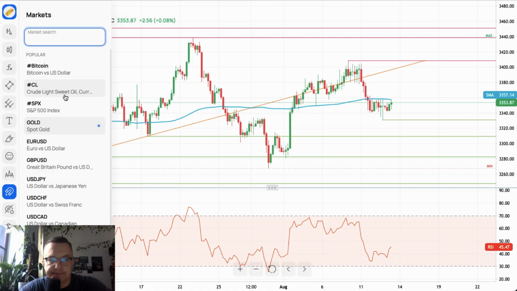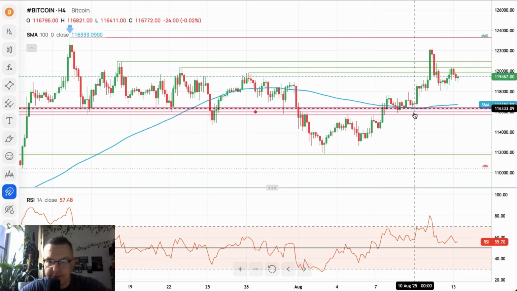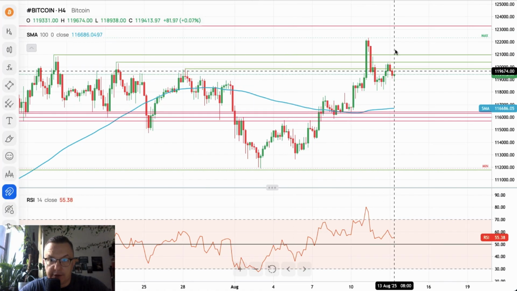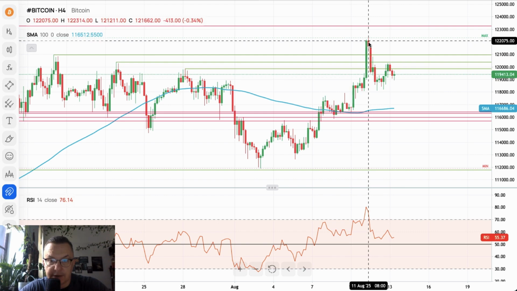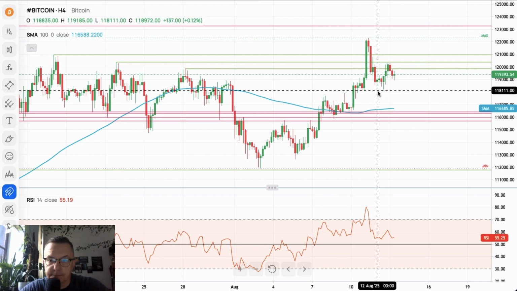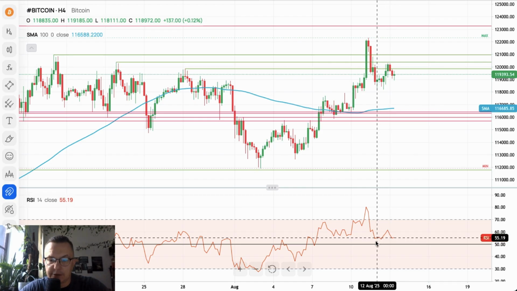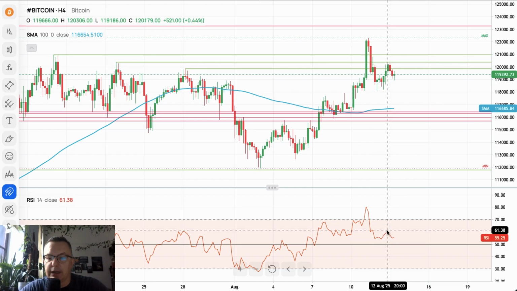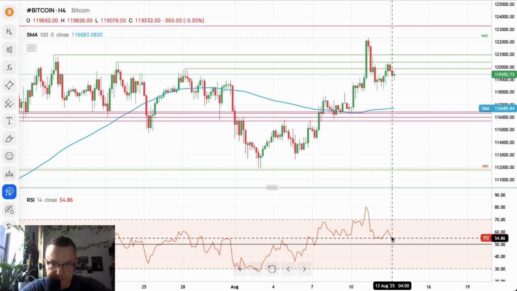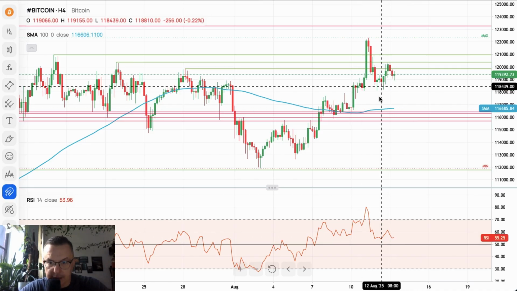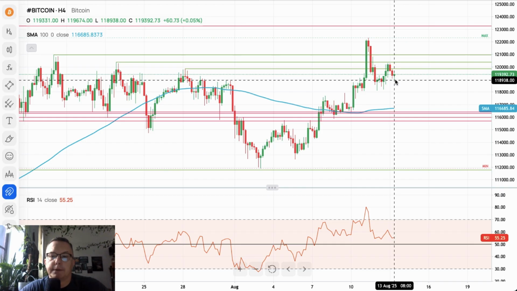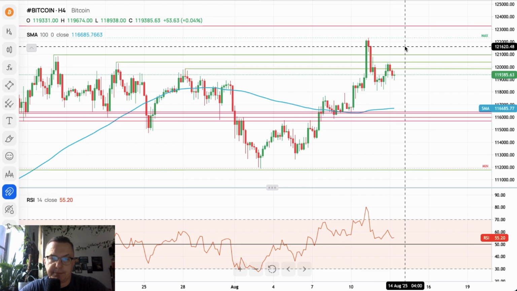All right, ahead of the data, maybe we talk about Bitcoin a little bit. Bitcoin reversed from the level of 122,314 down towards 118,000, then back up slightly above 120,000, as the momentum is moving higher above the level of 55. It's clear that the dips are being bought. There's plenty of room to the upside still for Bitcoin, so we should see another attempt to rally very, very soon.